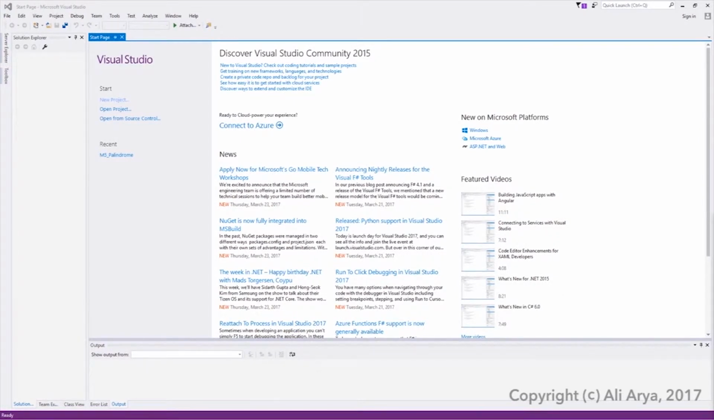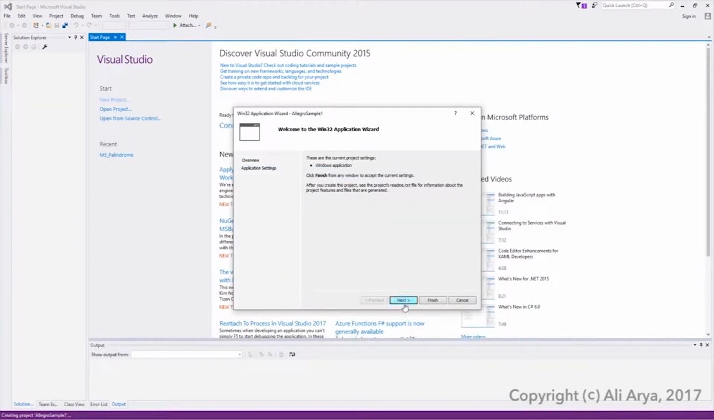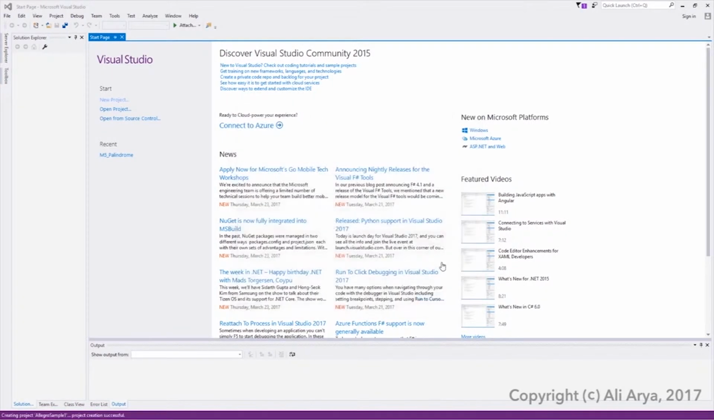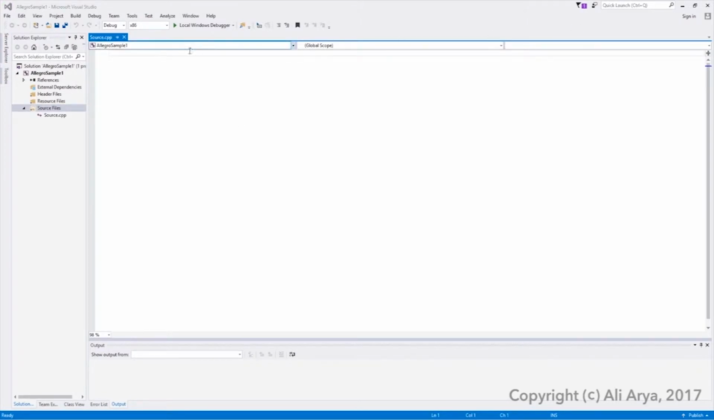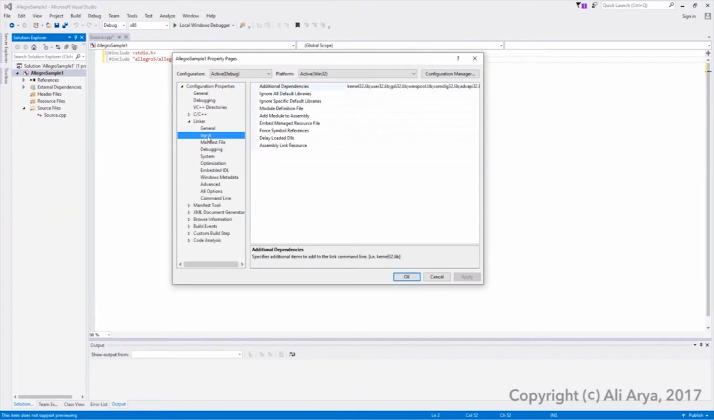To create a project using Allegro, you need to define the library you're using by following these steps. First, create a new Win32 project. Don't pick the console version this time. Select Empty Project under Application Settings. Next, in the source file, you need to include allegro5/allegro.h. Then you need to go to Properties, Linker, Input, and under Additional Dependencies, add